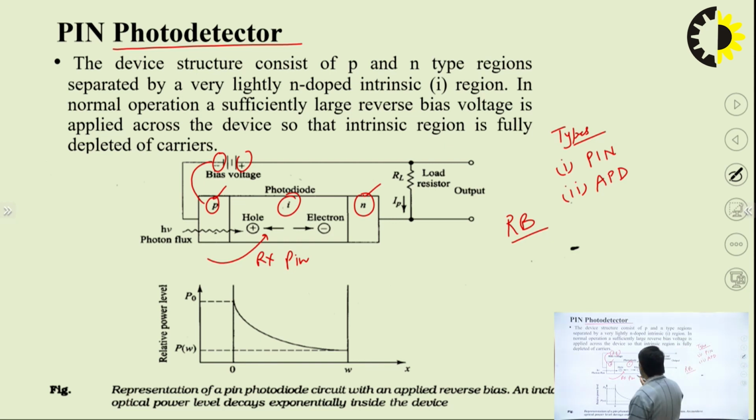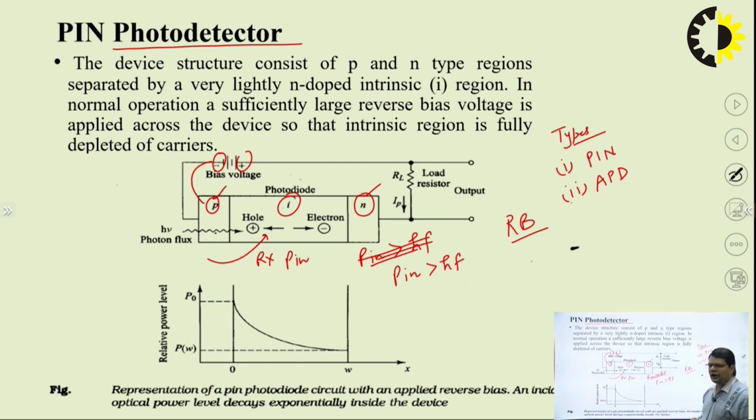So, if this incident optical power has energy greater than the band gap of the I layer, and if this is the case, the absorbed energy will result in the electron and hole, that is, photocarriers are